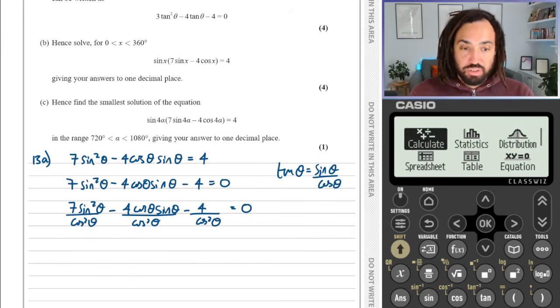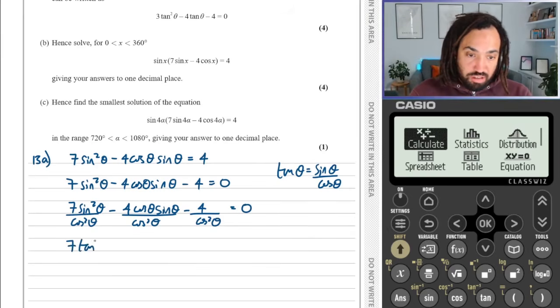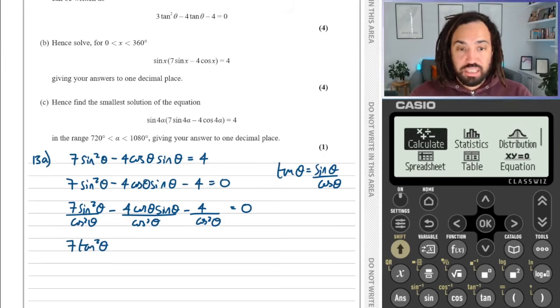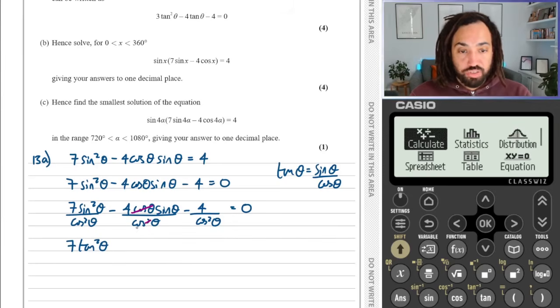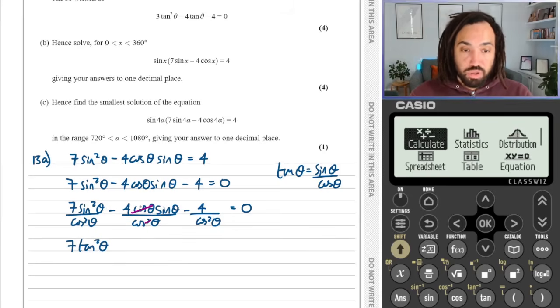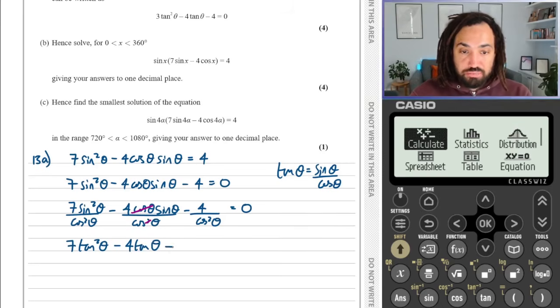Now, sine squared over cos squared is tan squared, so it's going to give us 7 tan squared. Then we've got cos over cos squared. Well, that's going to cancel, so it's just going to be sine over cos, because we've got cos and cos squared, which leaves 1 cos on the bottom. Sine over cos is tan, so that gives us 4 tan theta, and then we get this minus